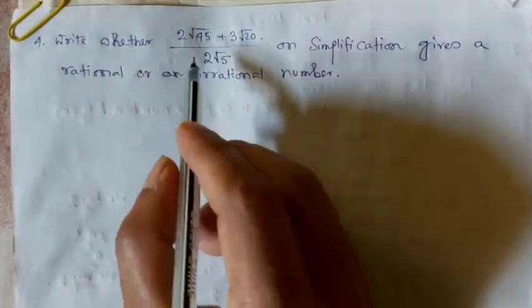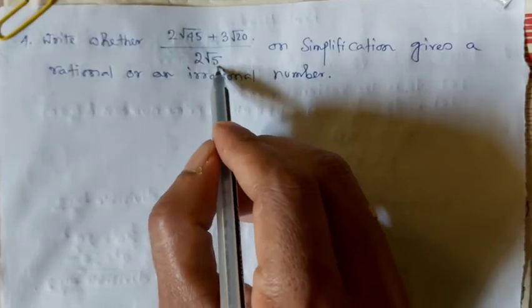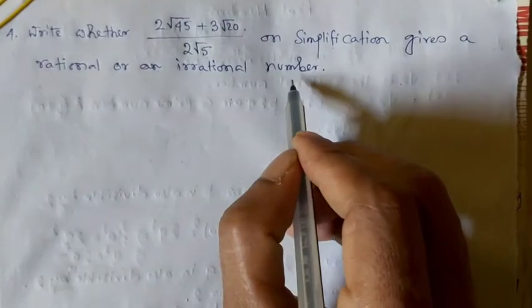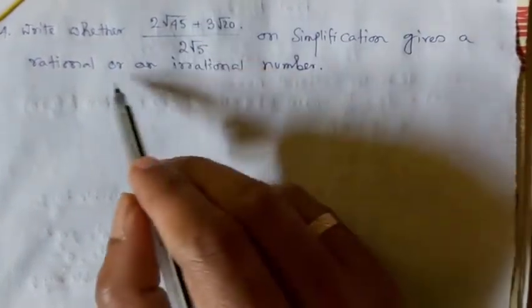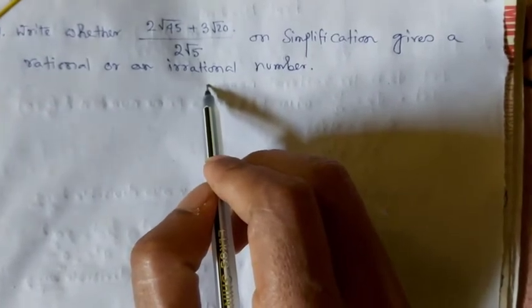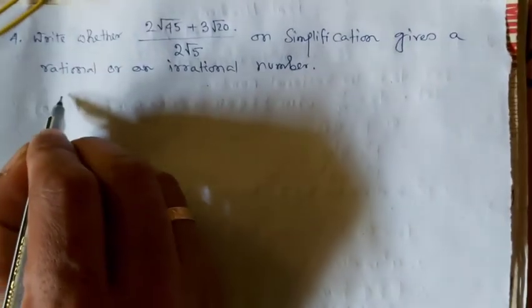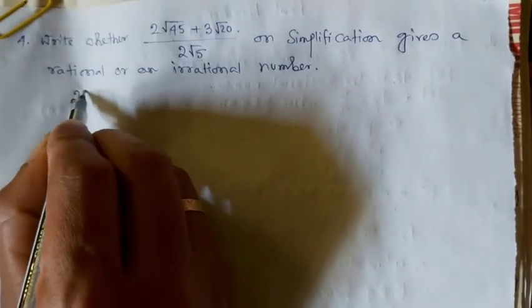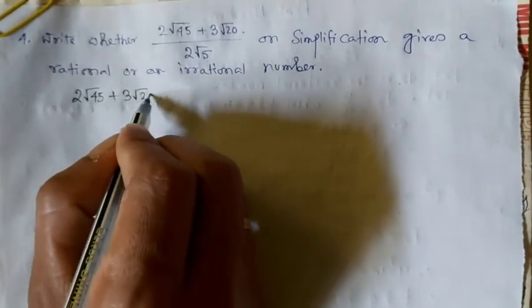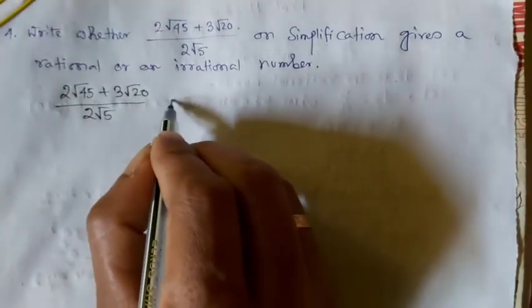Write whether 2 root 45 plus 3 root 20 divided by 2 root 5, on simplification, gives a rational or irrational number. That means this expression is either rational or irrational. Now we have to check whether this number is rational or irrational. So at first we write the expression, that means 2 root 45 plus 3 root 20 divided by 2 root 5. So this is equal to